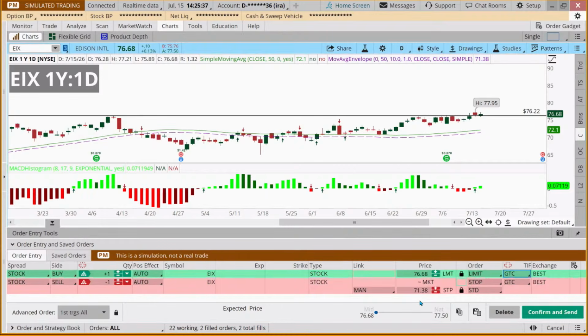If we were willing to lose up to $50, or we position size on $50 of risk on the trade, that would mean that we could buy just under 10 shares. Because if we did 10 shares, we'd have $50.30 of risk, and so that would be right about that neighborhood.